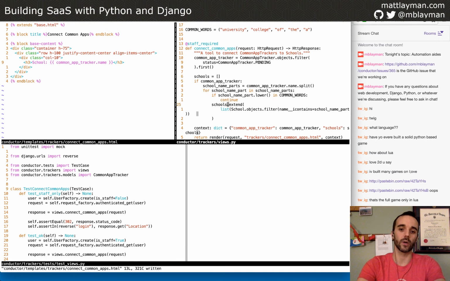And so we're using the extend method on the schools list to take whatever comes back from the database and put it in schools. So you can imagine there are perhaps a school with multiple names, like SUNY Binghamton, which are both unique names, or something like State University of New York.